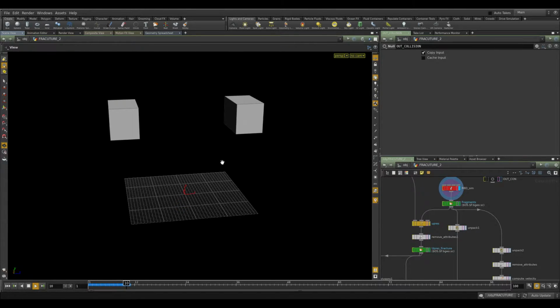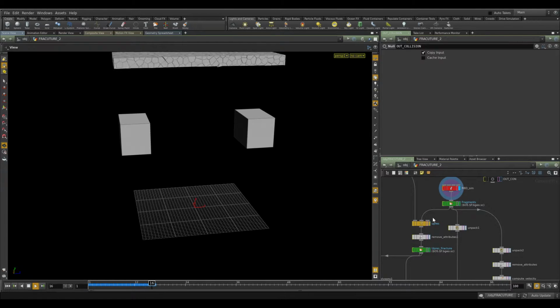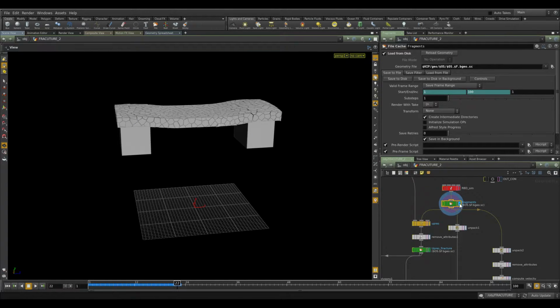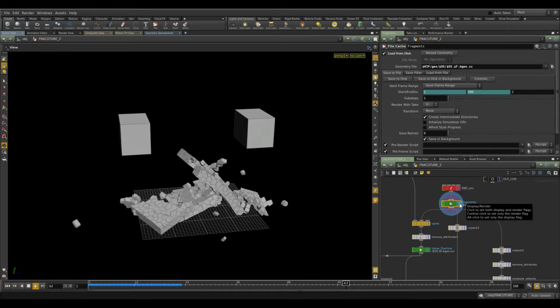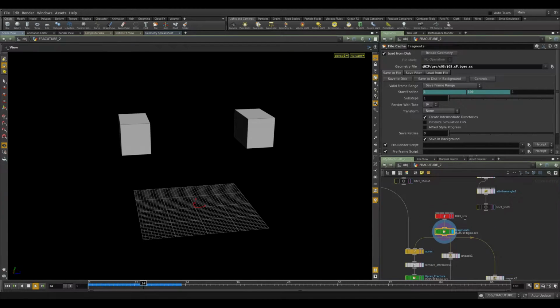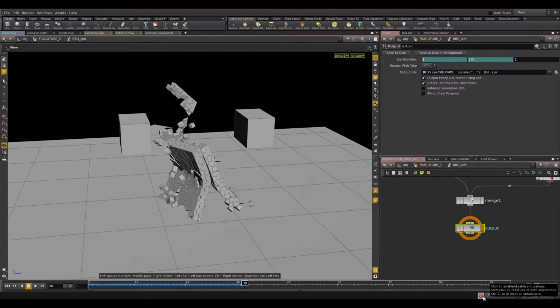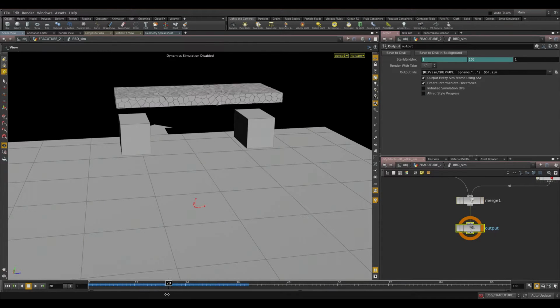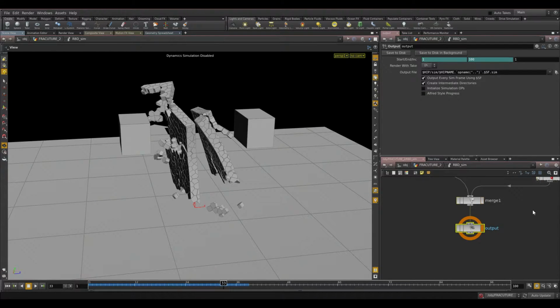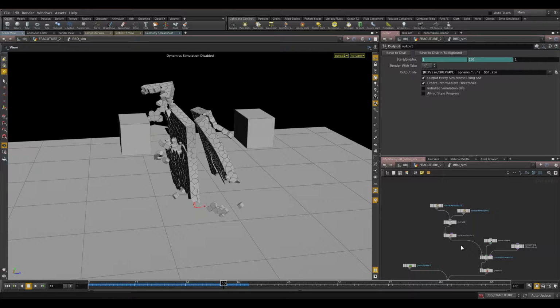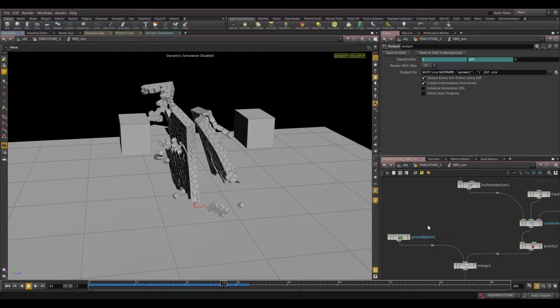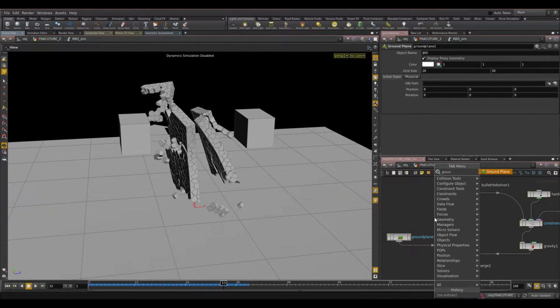As you can see, it's cooking right now. I have it cached, but yeah, just play the cache. I will dive inside the rigid body sim so you can see it. Frame 38 should be enough, and I will make sure, yep, so it doesn't cook. I have this here, and this is my rigid body simulation. Pretty easy. So I have a ground plane, this one,